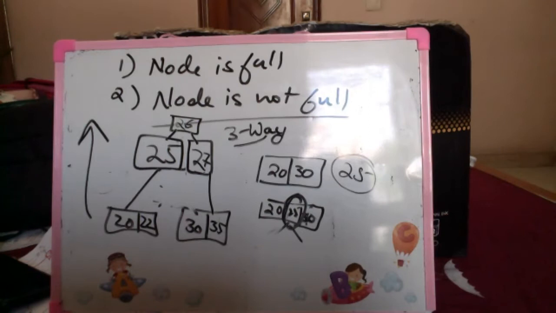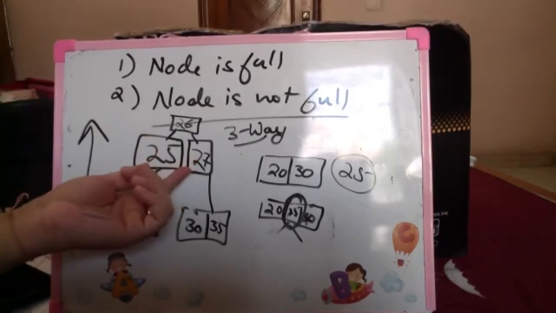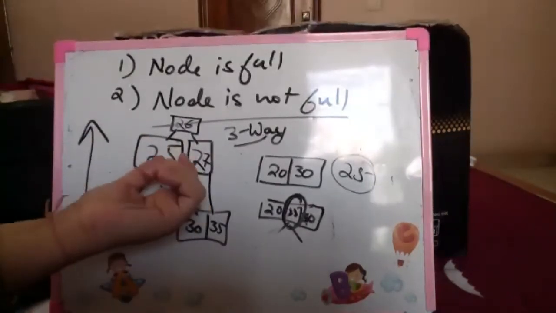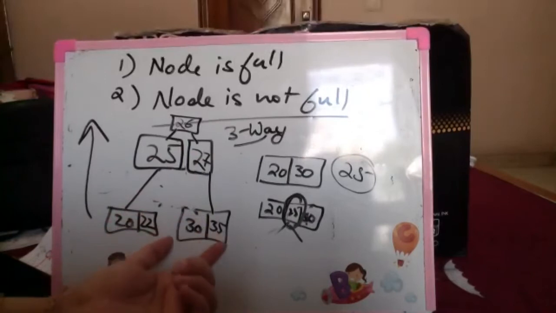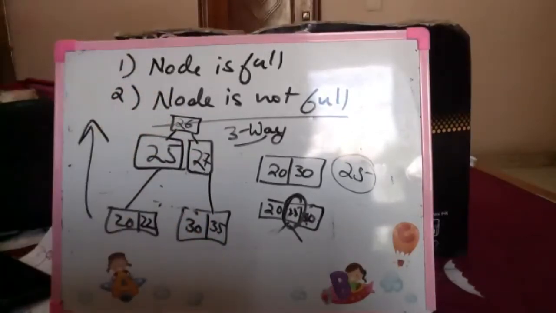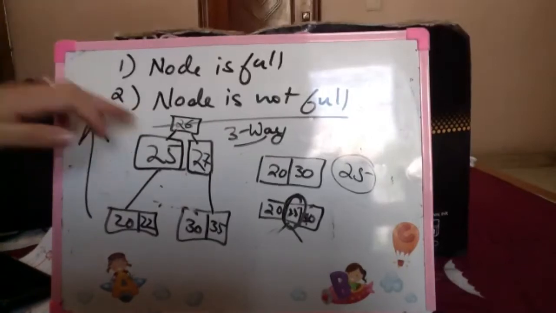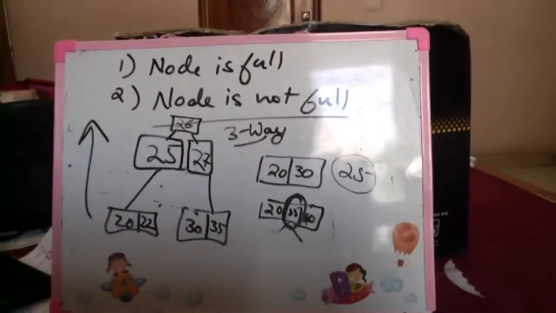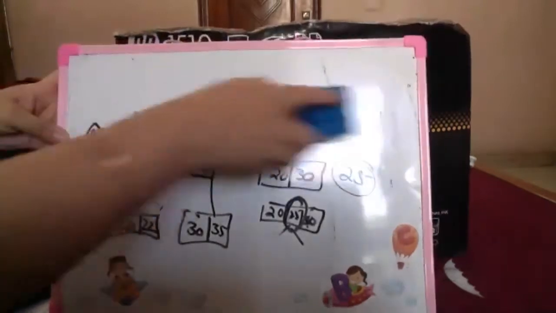If you just want to write, you can write that I am going to break the node if it is full in which insertion is done. I partition the node into two nodes with half the number of keys from the median, which becomes its parent. In case the parent is also full, the same would repeat. How it repeats, we'll just see with an example.